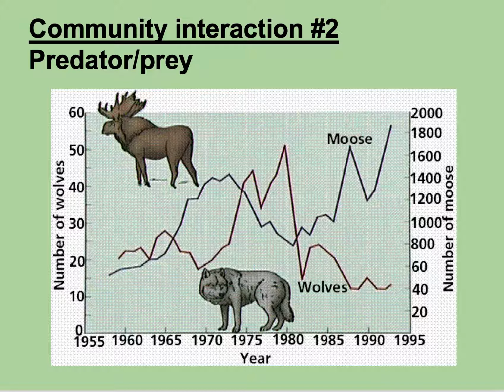More predators means that they eat more of the moose. Moose population will go down. Then with fewer moose, the wolves have less to eat, so they go down. But then there's more moose because there's nobody eating them, so their population goes back up, and then wolves go back up, and so on and so on and so on.